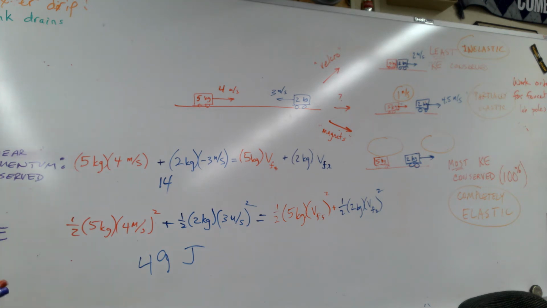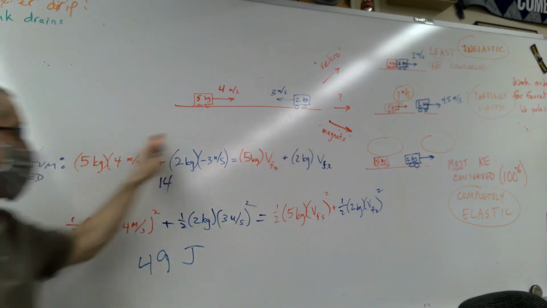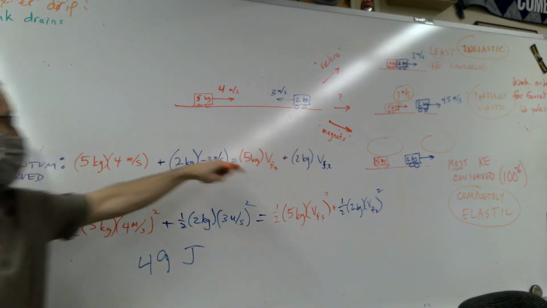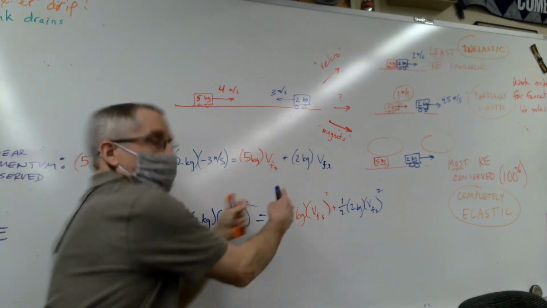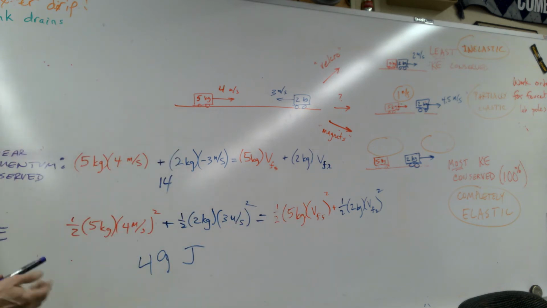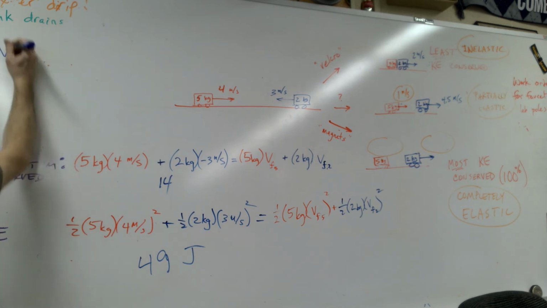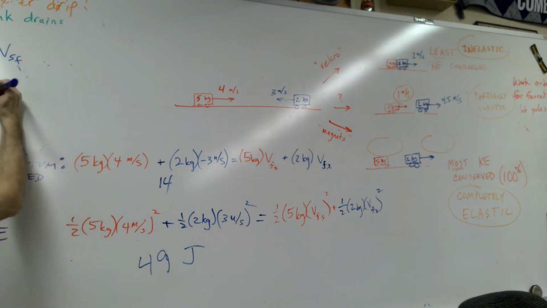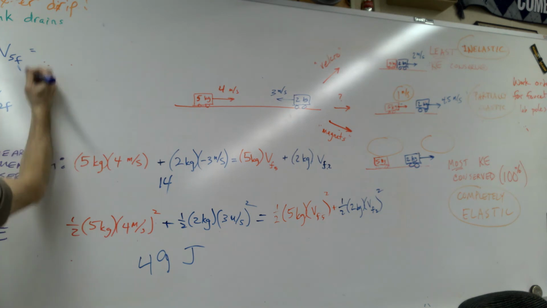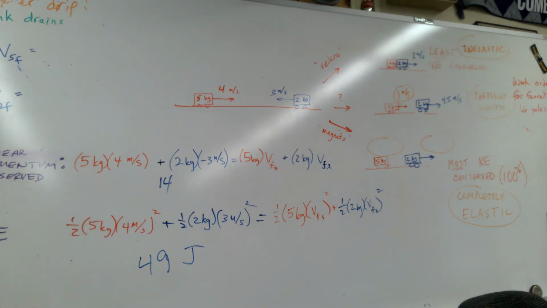Ready for this? So, essentially, if you do substitution, solve for one of these unknowns, plug it into the other, it's a mess. Here's what you get: V1 final and V2 final. I'm not going to write all this, but I will. Okay, V2 final